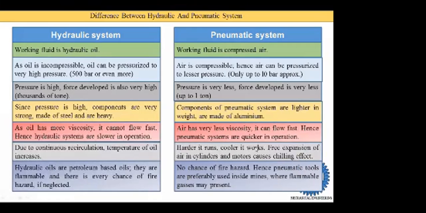non-flammable. Hence pneumatic tools are preferably used inside mines where flammable gases may be present. Mines means they are generally used in coal mines and different oil mines, because pneumatic systems are not able to catch fire. Suppose we are working in a coal mine, so we use some devices to create a cavity inside the coal mine to remove the coal. If at that time a flame is present, then there is a very big chance of fire hazard